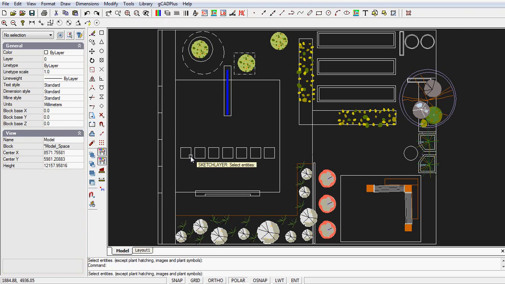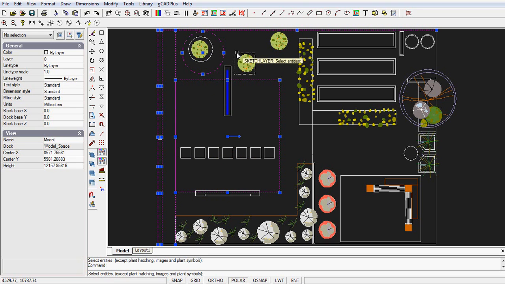select the entities that we want to move to the SketchUp layer. We don't have to bother by picking any of the hatching or any images here or any plant symbols. What parts of the drawing are we interested in to build a 3D model? So we want the paths, and it gets slightly tedious but relatively easy to do. We want the tanks, we want these